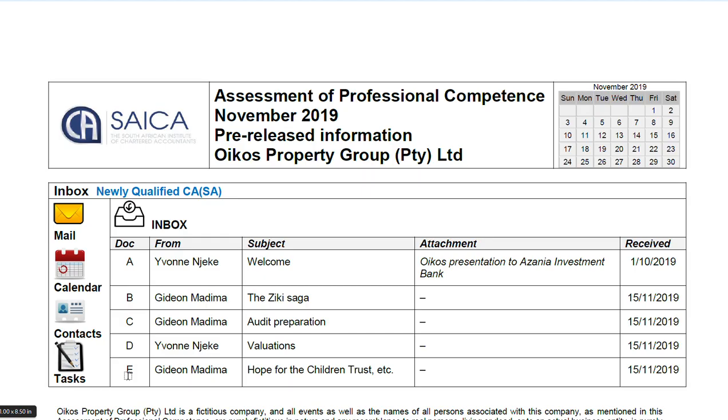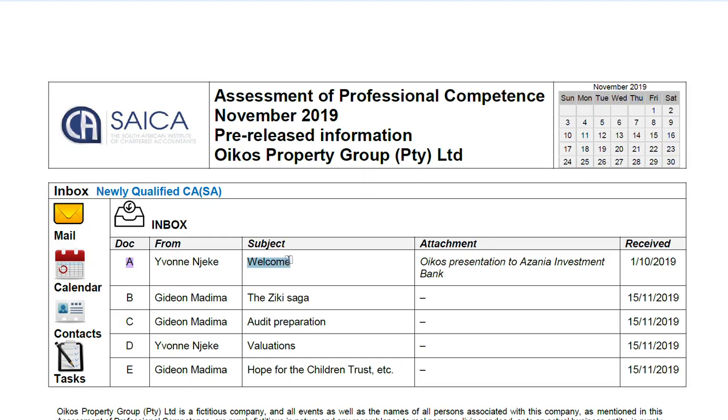However, the welcome information generally gives you all the information that you need to know about the company. It is for that reason that it is not important for you to spend so much time reading information about the competitor. Knowing more information about the competitor and not knowing the company that you have been provided by SAICA is a waste of time and it might cost you in order to do well in your APC. Now, let us look and see what we have in document number A.